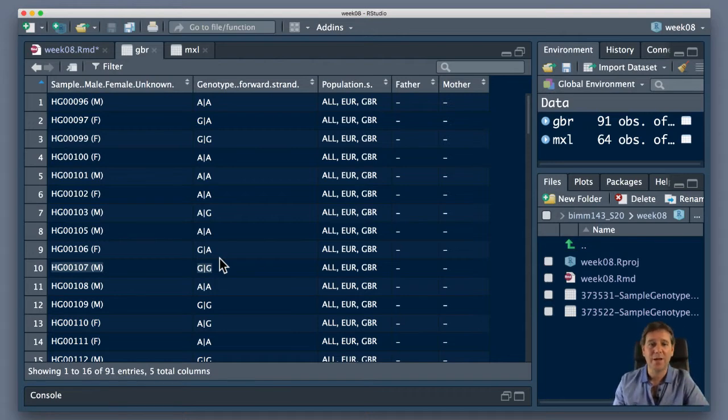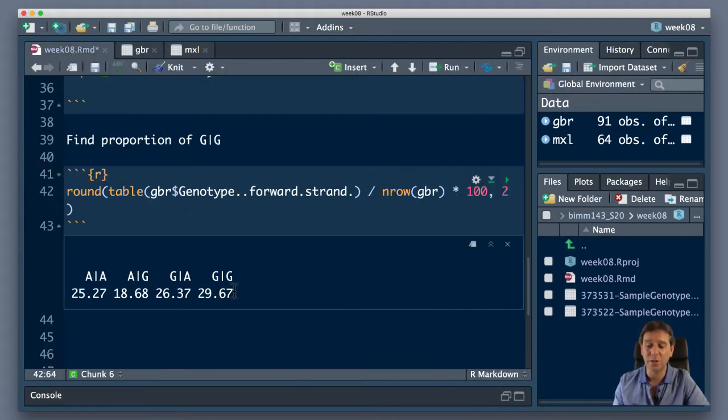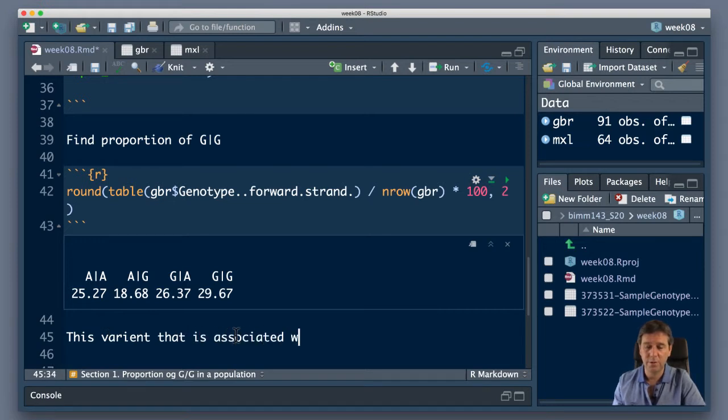So this brings us actually nicely to section 2 of our hands-on session. So let's go and have a read of that and see where we're going. I'm going to save my work to date here in RStudio, and I could write a little note for myself. This variant that is associated with childhood asthma is more frequent